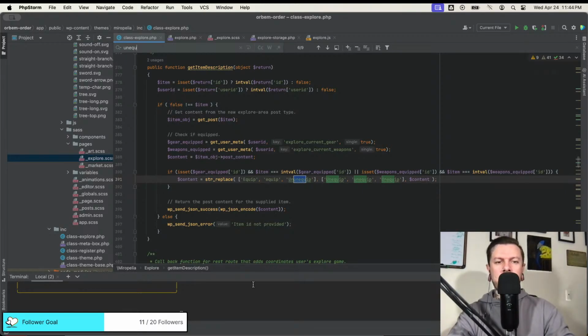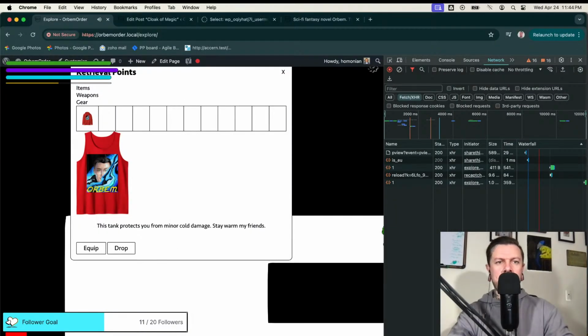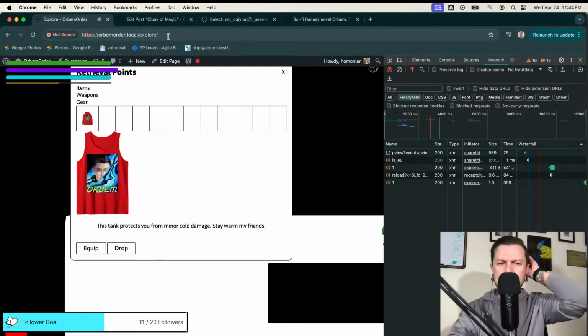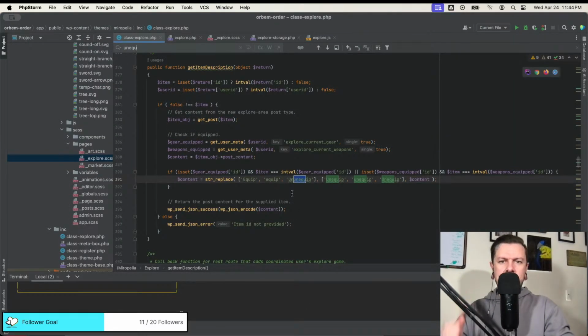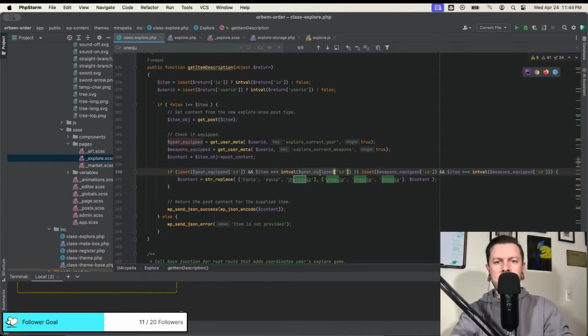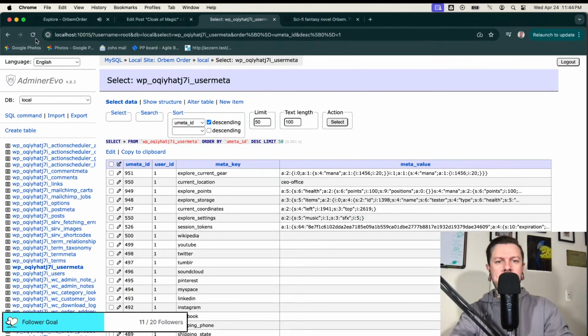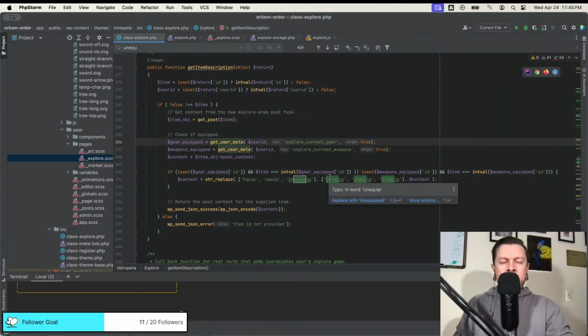Or, it will work. It won't work in JavaScript, right? Oh wait, hold on, no. I just loaded this. Oh, no, no. It's how I define whether item equals gear equipped ID. Okay, so what's happening now is this user meta is a different beast because now it's part of an array. Oh, that's another bug too. I can't let it add the same thing twice. You just can't.